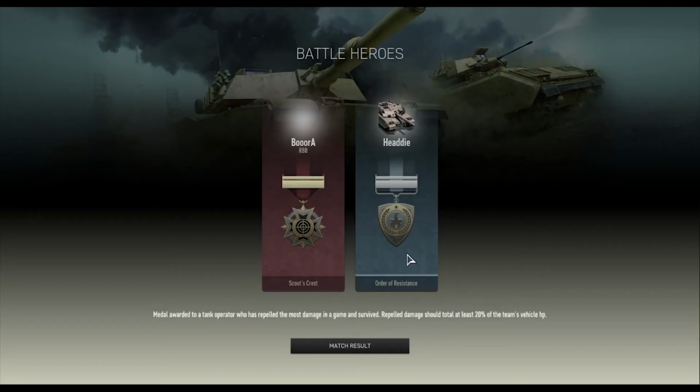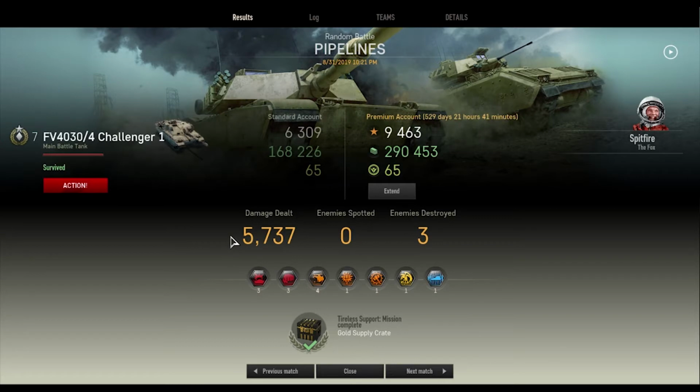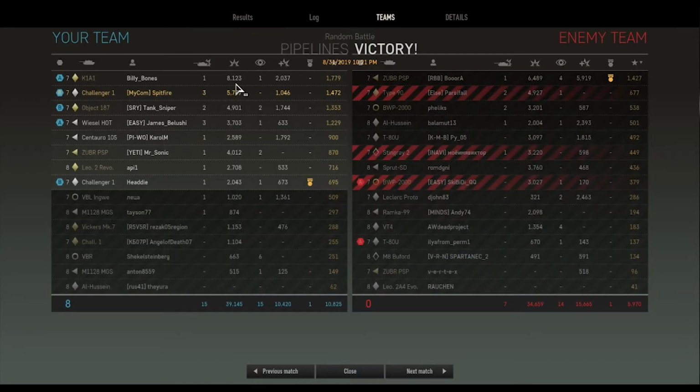This is how the first game went. Annoyingly enough, Heady was the one who got the Order of Resistance. A total amount of 5,737 damage done. Pretty good. A couple of blind shots done there to the Stingray and to the Sprut. No, to the Buford. No, to the Stingray and the BWP. There we go. Second highest in the team after the K1A1 over there,